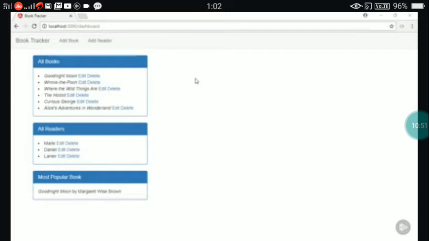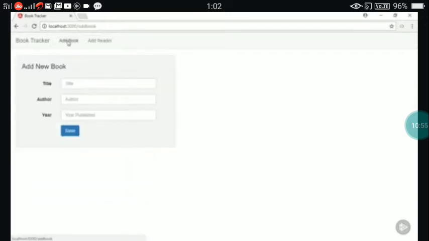it from a server. There's a link at the top of the page for adding a new book. It takes you to a screen where you can enter information about a new book and save your changes. It doesn't work yet, but in the next course module, we'll wire this up to add new books to the server. There's another link at the top for adding new readers. The app title on the left side of the title bar is also a link and takes you back to